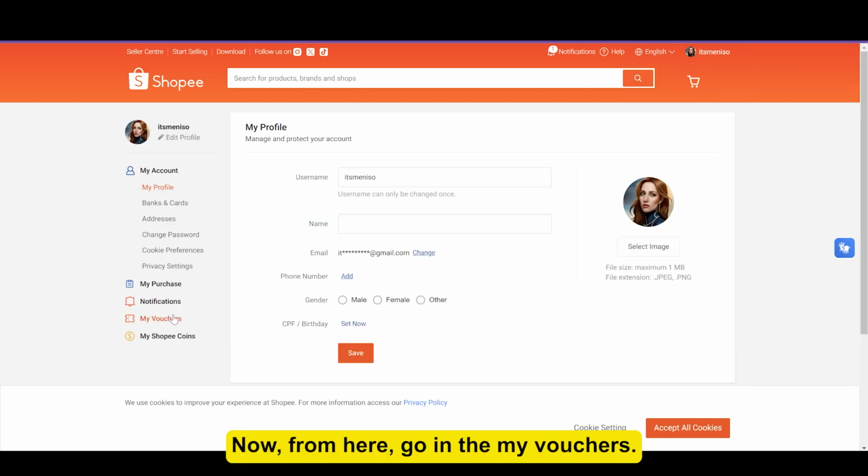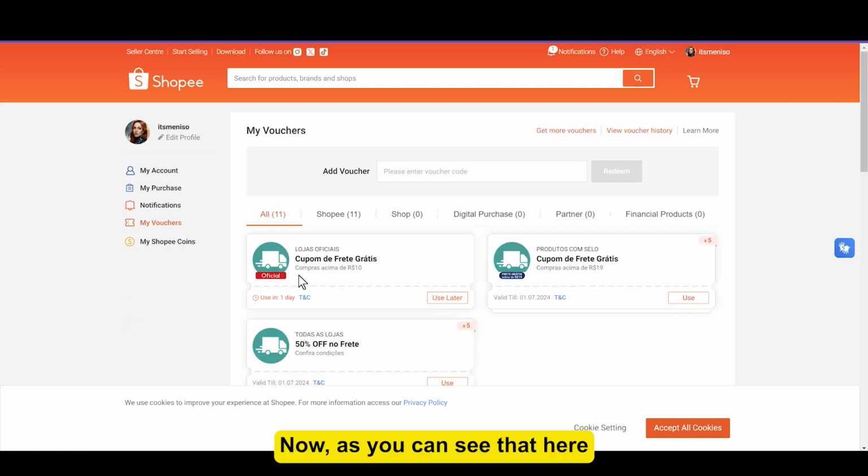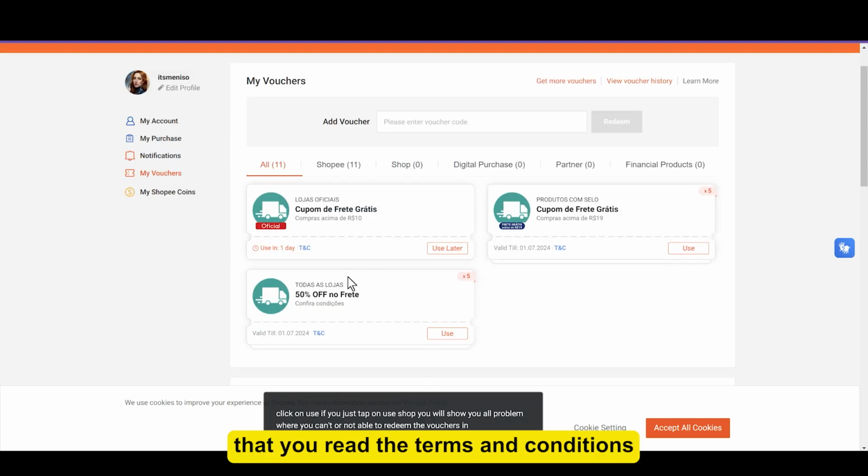Now from here go into My Vouchers. Now as you can see, here I have 3 vouchers which I can use. So if you are facing a problem where you can't redeem the vouchers in your purchases because you don't apply the terms and conditions, here you can make sure that you read the terms and conditions before